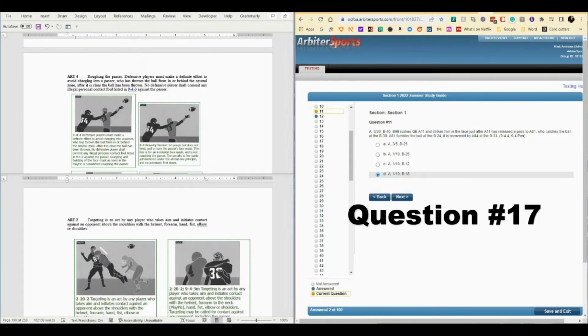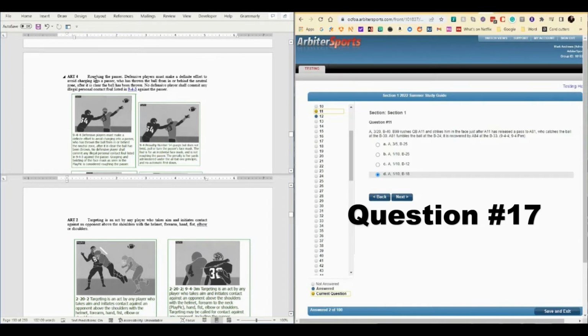Okay, so let's take a look at our rule. The rule references 9-4-4 and also the penalty for 9-4-4. And 9-4-4 simply says roughing the passer is a foul. 9-4-3, the one previous to this, is all of the big no-no fouls. Tripping, spearing, targeting, you name it. There's a butt ton of them. And they're all 15 yards. Spend a lot of time with 9-4-3 and reading the case book, but they